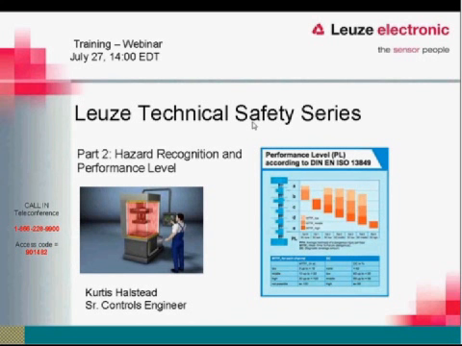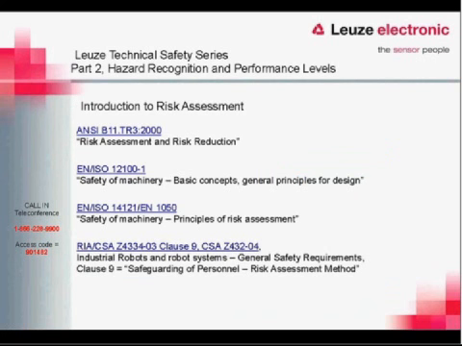those hazards? So when we're looking at hazard recognition and performance levels, a lot of the time we're going to run into the term risk assessment. This is the type of thing you're going to do when you have a machine. You need to determine what risks are present, what hazards are present, what is an acceptable risk. All of these things go into a risk assessment. And these are the guidelines that we tend to go to when we look at doing risk assessments and hazard